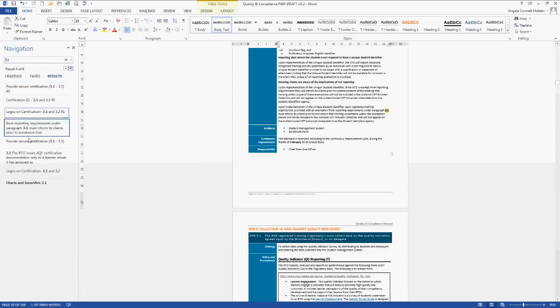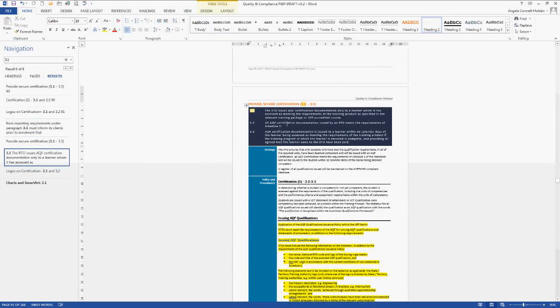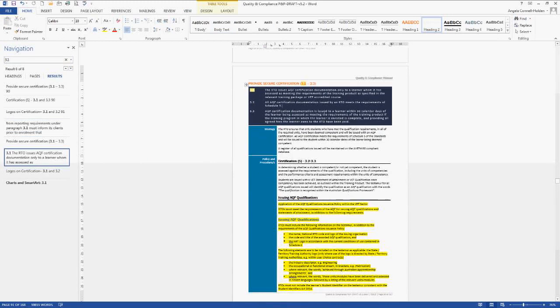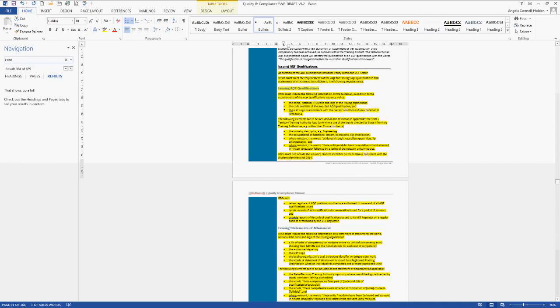So if you go to 3.1, on the heading, go to 3.1. So you'll see here I've clustered 3.1, 3.2, 3.3 together so that you can review those together. So the way I've clustered on the continuous improvement cycle is how you should be reviewing it on your monthly meeting. So if I just go back to the continuous improvement cycle.